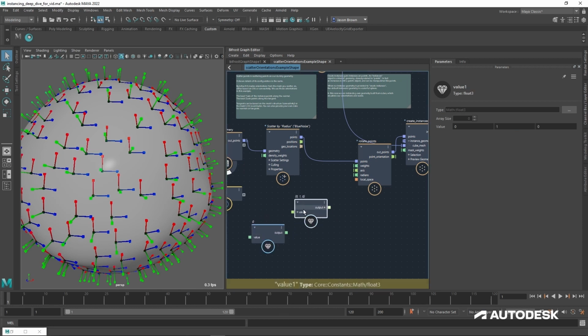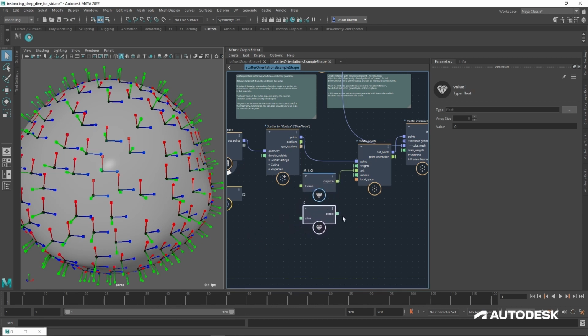So this is the axis we're going to use to start with. This is the Y axis. We'll plug that into the axis. All good. And this is going to be the amount we rotate in radians. So let's plug that into radians. And you notice there that this is also an interpreted port, because I can plug a single float into it and it's working fine.